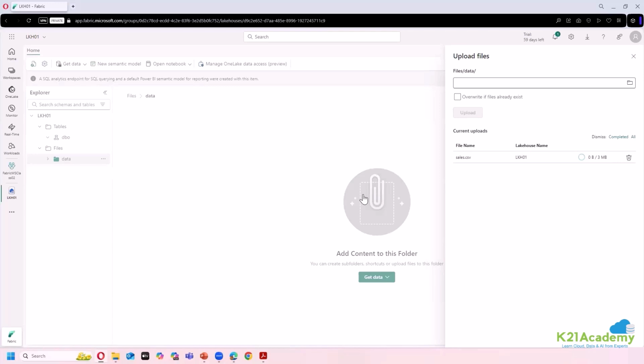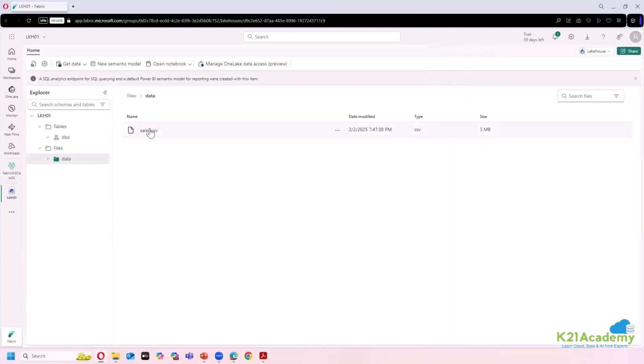Later, we're going to write pipelines, which you will do in your job when you will be in projects, right? You will be writing pipelines. You will be automating the process of ingestion. So here we have the CSV file uploaded. I want to query the CSV file using structured query language. So if you want to query this CSV file using structured query language, simply click on that file and say,